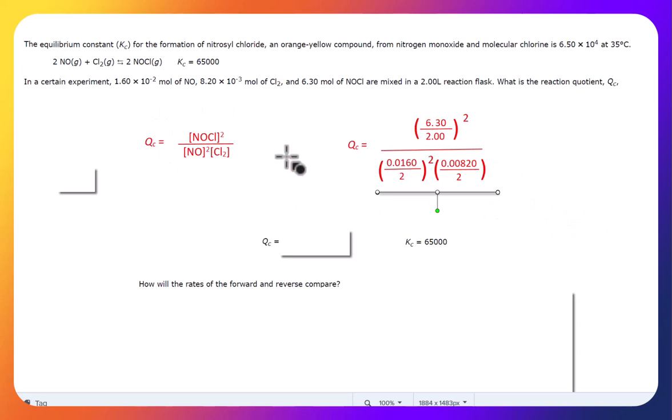Now if you'd set this up on an FRQ, you probably would have gotten 1 point for the correct equation here, using the brackets to indicate molarity. I'm pretty sure they wouldn't deduct points for these parentheses rather than using the brackets because they figure you're doing the math. So let me do the math. I'll bring my calculator up,